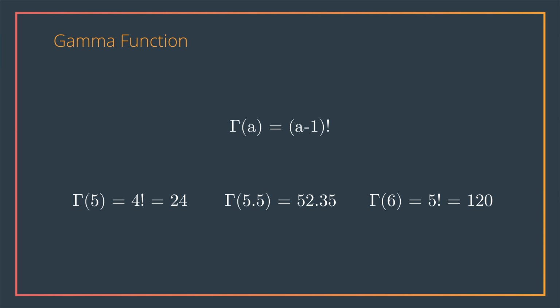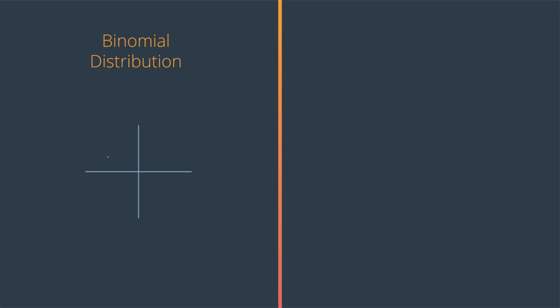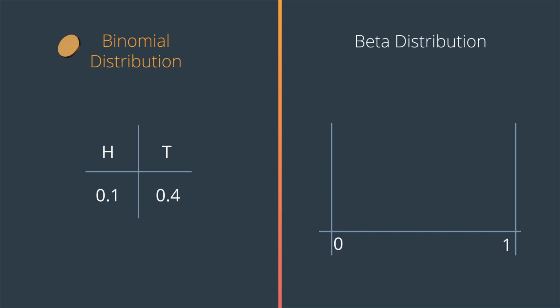The actual formula for the gamma function is in the instructor's comments, although it's not something we'll use in this class. So what happens if we have values that are not integers, like say 0.1 for heads and 0.4 for tails? This makes no sense since we can't get 0.1 heads and 0.4 tails. But that's okay for the beta distribution. We just need to graph the right formula using the gamma function.